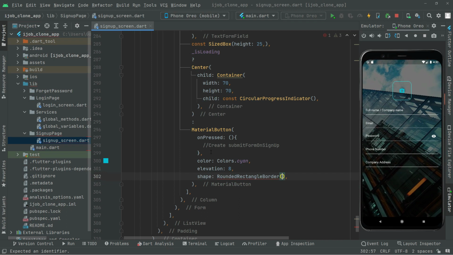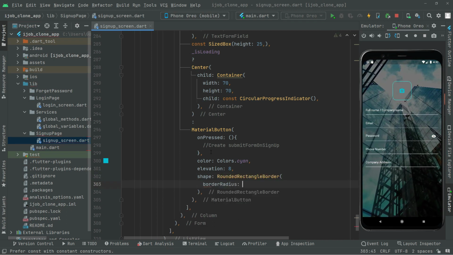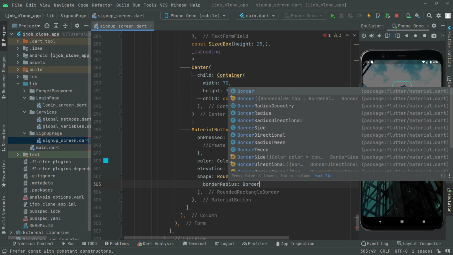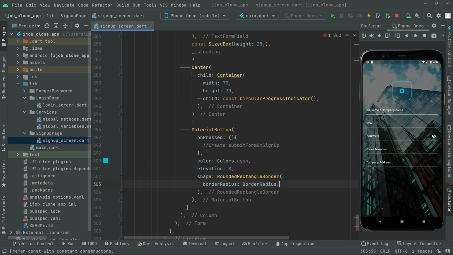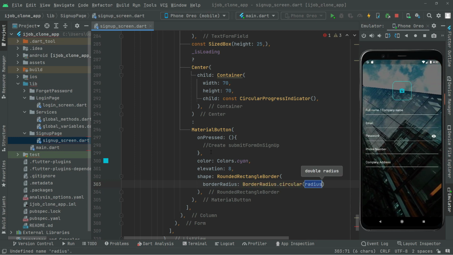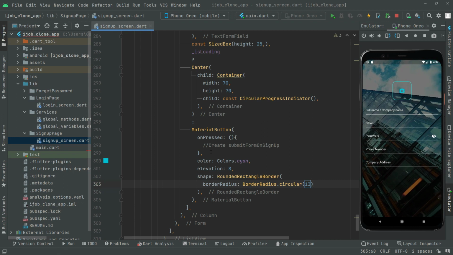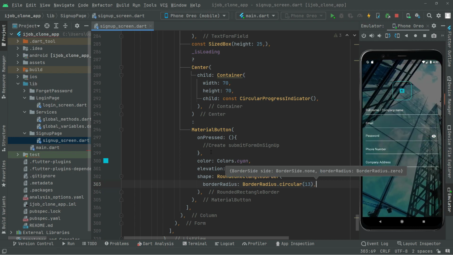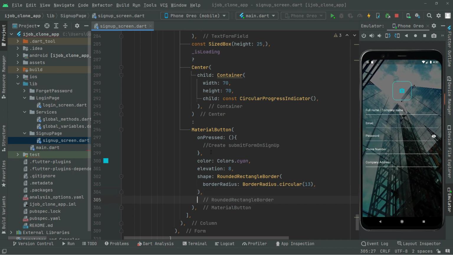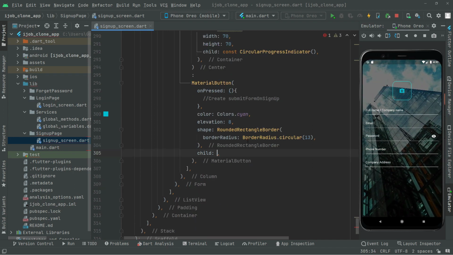Right in there we will set the border radius. We will go with the circular like we set right in the login screen. So in here we will set it to 13 and put comma, and then down in here we will say child, scroll it down, and now in the child